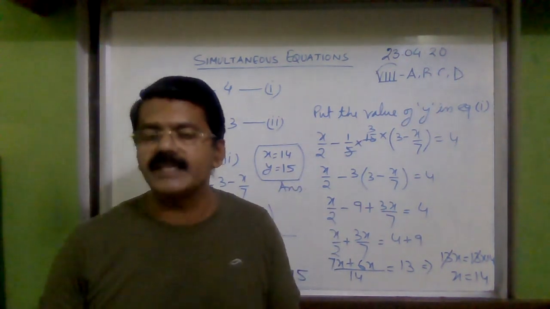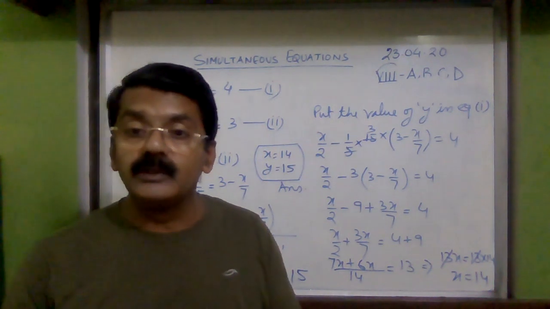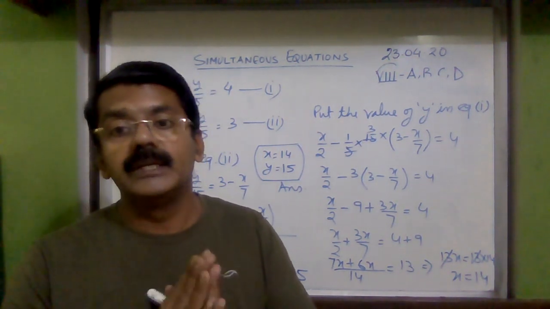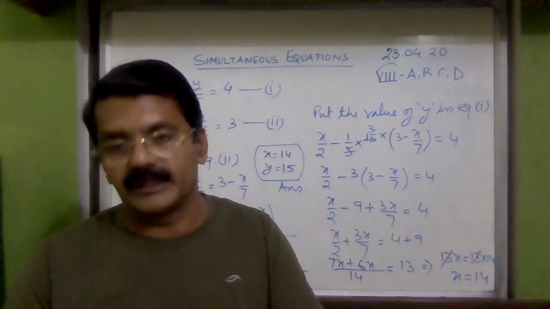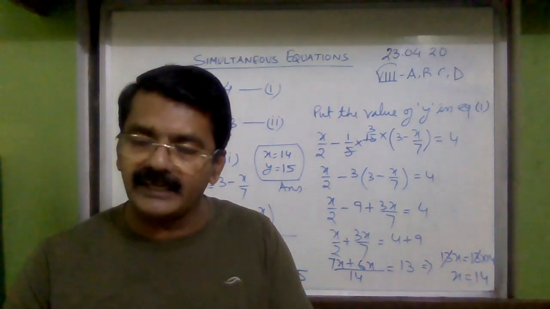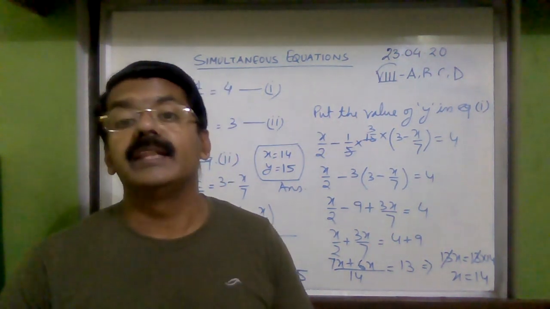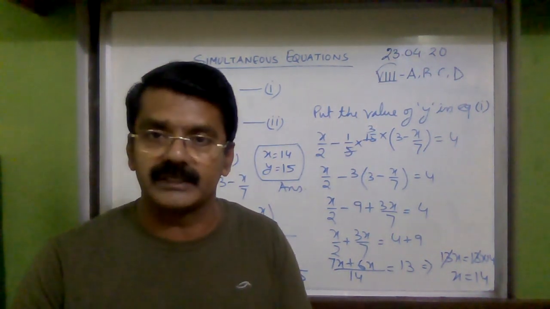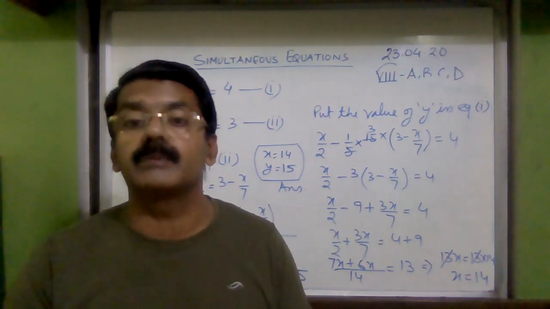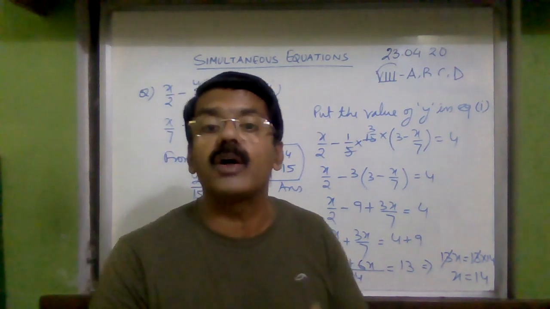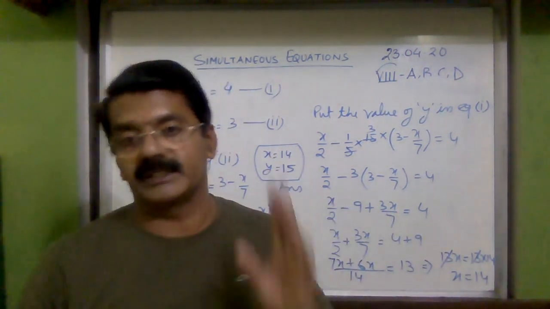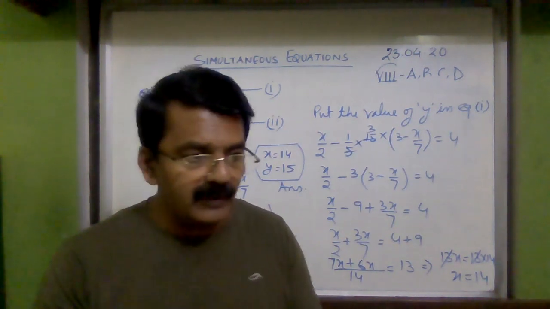As I told you, always remember, if you have to find the value of 2 variables, you need at least 2 equations. Similarly, if you have to solve and get the values of 3 variables, there must be at least 3 equations. If there are 2 equations and there are 3 variables, it is never possible to find the value of all these 3 variables by solving only 2 equations. We need 3 equations there. Clear? So always remember,